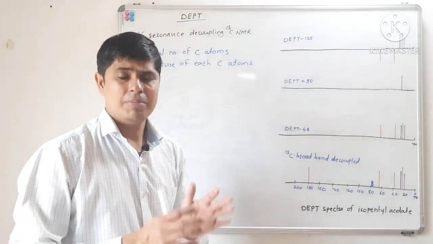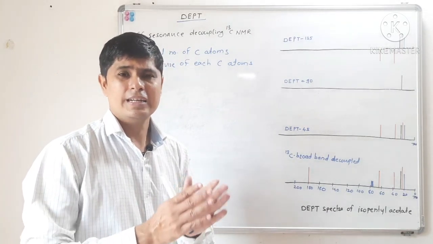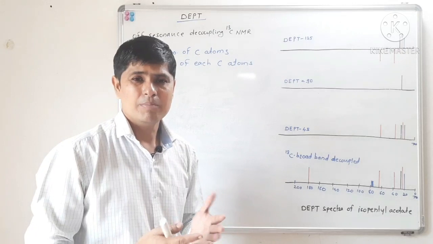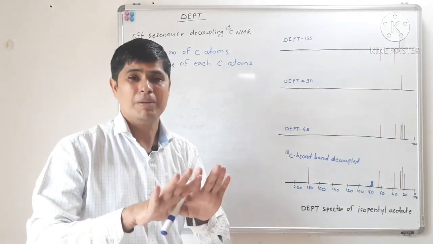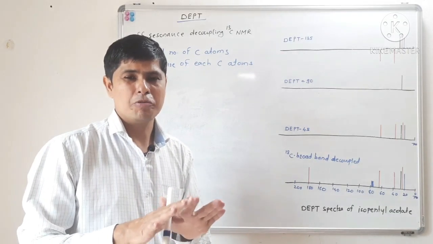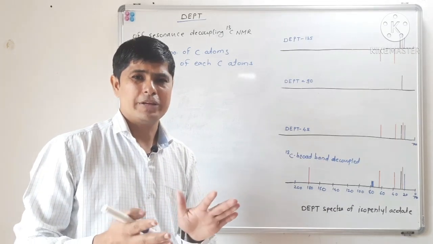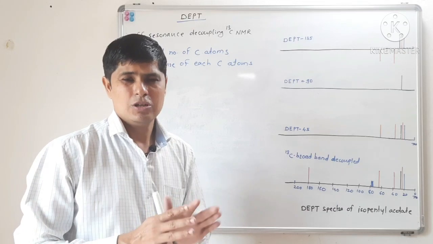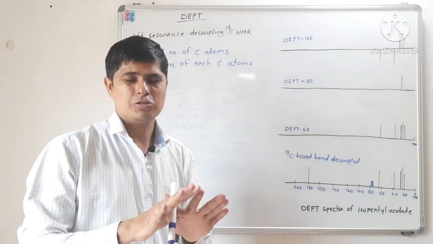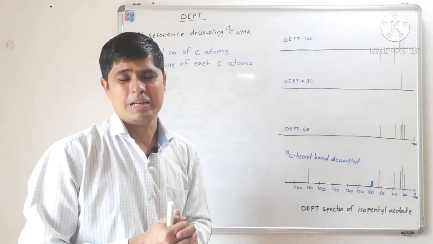carbon 13 NMR. But if you remember, this off resonance decoupling carbon 13 NMR looks like a complicated spectrum. Why? Because there is overlapping of multiplets, overlapping of peaks. If there is an ethyl group, isopropyl group, or suppose an aliphatic chain of carbons, like butane and pentane, there will be overlapping of all CH2 triplets, overlapping of CH2 triplet and methyl quartet. So that spectrum looks like a complicated carbon 13 NMR spectrum.